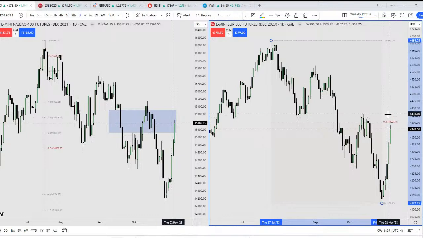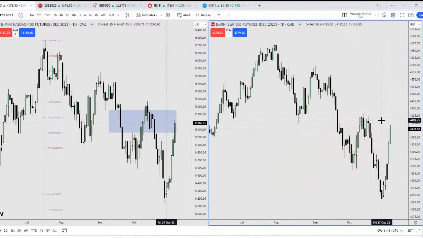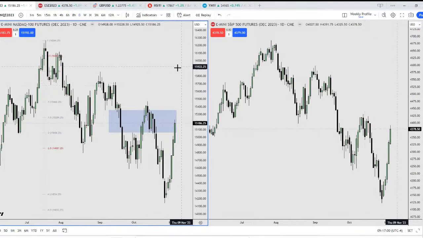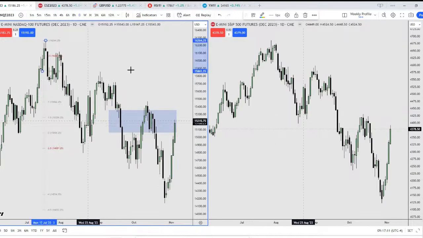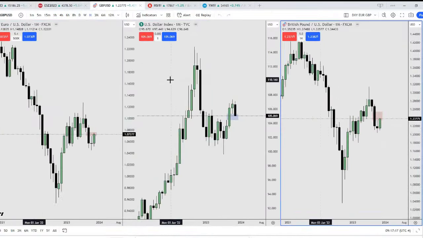So overall narrative, overall bias for the bears has yet to be changed. Okay, we are still in a bearish market until this high is taken out on all the indices, right? So I will remain that way on the higher time frames. Okay, but obviously you can trade in both directions on the lower time frames. Right, so let's move on to the dollar, and I'm going to show you why there's a conflicting analysis.